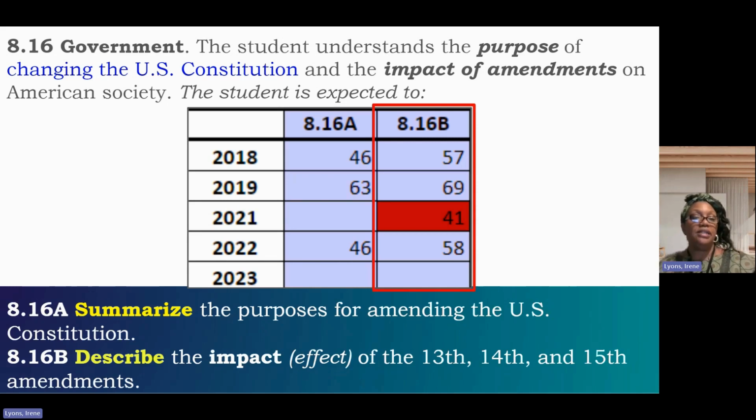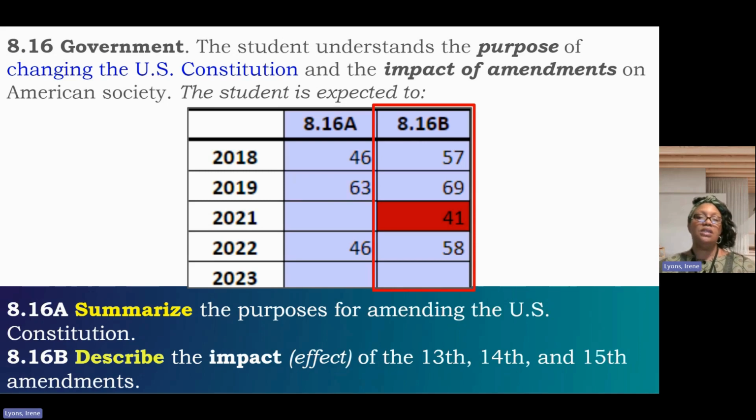Although these two SEs are not high leverage standards, the student is expected to understand the content to be able to answer these questions. So let's look at the knowledge and skill statement. The student understands the purpose. That's our what. What do they need to understand the purpose of? The purpose of changing the U.S. Constitution. And they also need to understand the impact. This is another what. They need to understand the impact or the effect of amendments on American